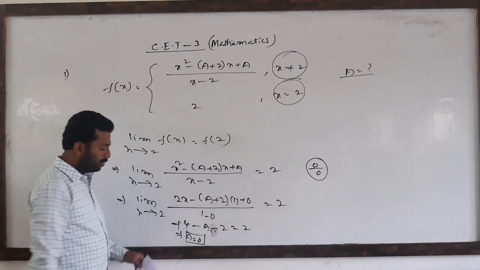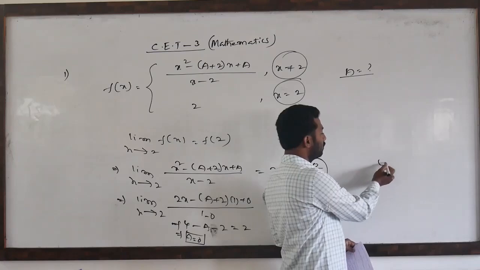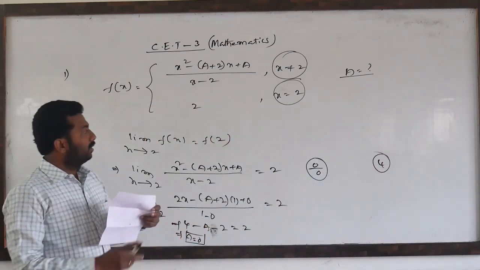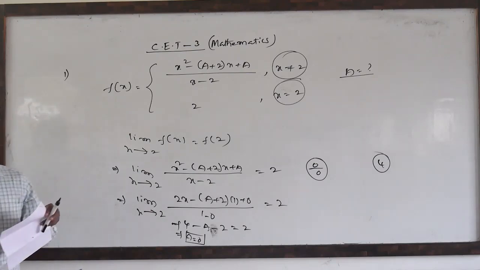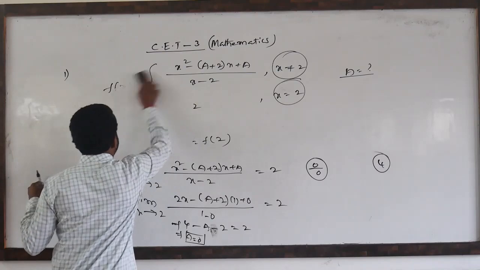So a equal to 0 means which option are we getting? The fourth option is the answer. The fourth one. So like that we have to answer the first one. Next, the second one, if you observe,